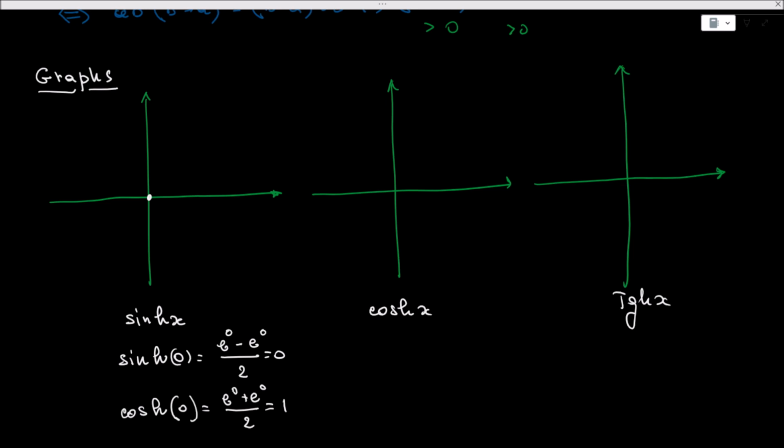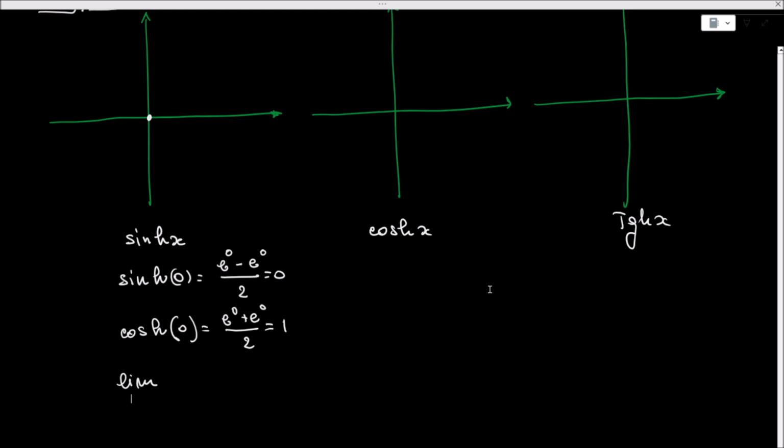And we also see that the limit for x that goes to plus infinity of the hyperbolic sine of x would be nothing else than the limit